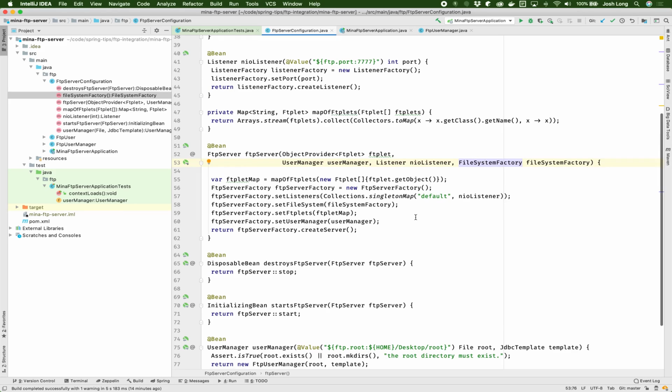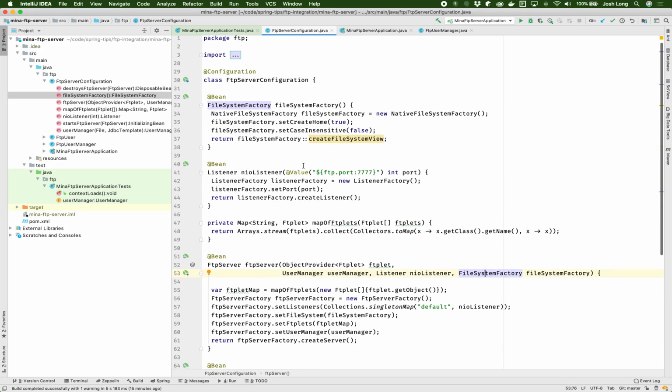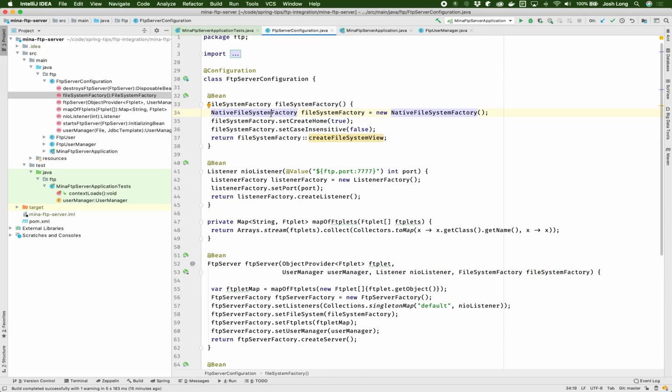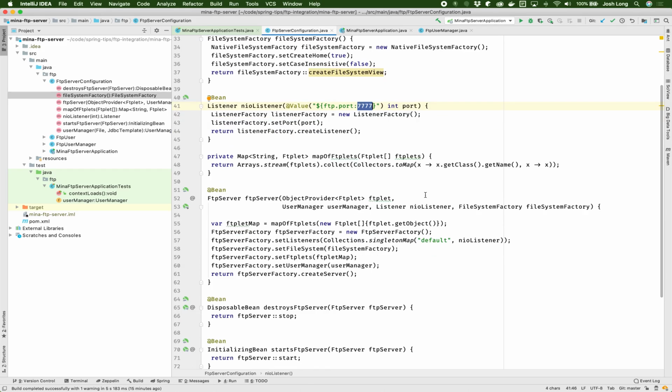That file system factory is pluggable, right? So you can actually provide your own or just use an existing one or whatever. I just used a native file system factory here. I told it to create the home directory, made it case insensitive, and it's creating a file system view. I told this thing to start up on port 7777 as opposed to the normal FTP port. And I've taken all the FTPlets and I've provided them actually. So I don't actually really need multiples here, right? I just need a map that actually works. So anyway, I've got now this